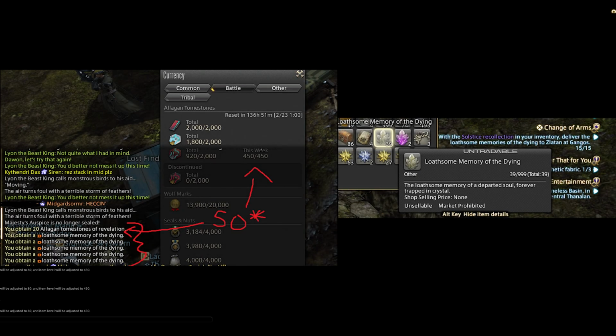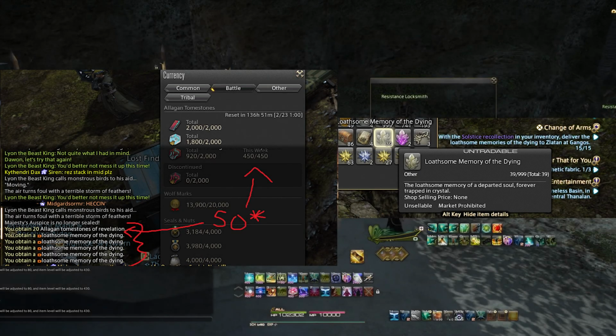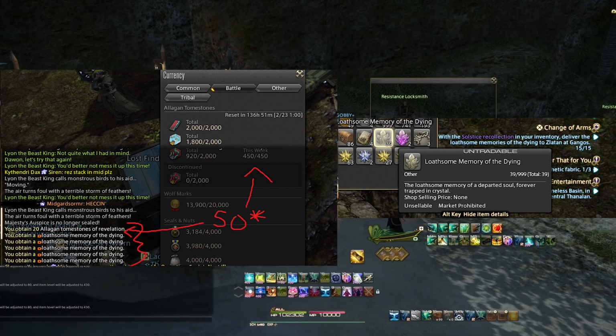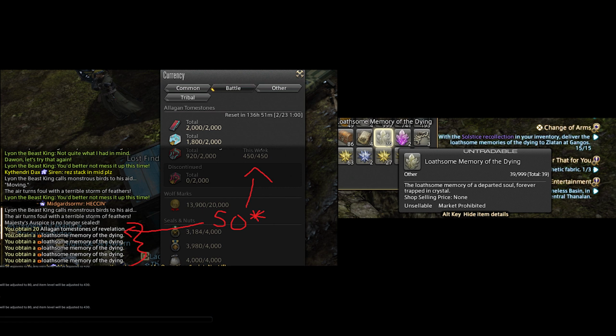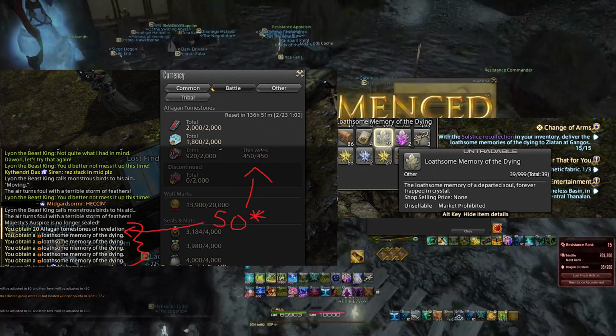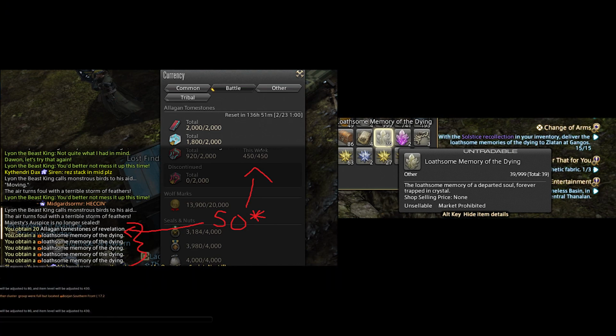Just as a recap, the rewards include 5 loathsome memories of the dying. If you have the quest, make sure that you have the quest, otherwise you will not get them. 100 bronze coins, like 81k or somewhere about, their medal at rank 15. And then lastly, you're going to either get a metric ton of experience for a character under level 80, or 50 elegant tomestones of revelation if you are level 80, which will easily progress you to your weekly cap of